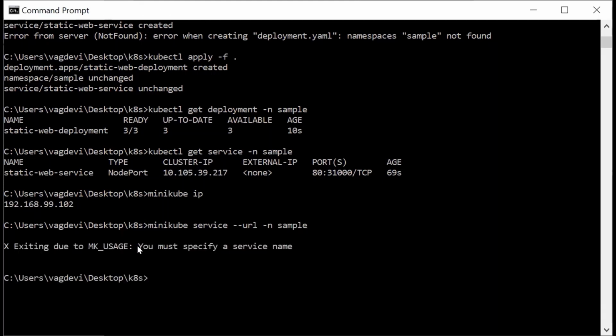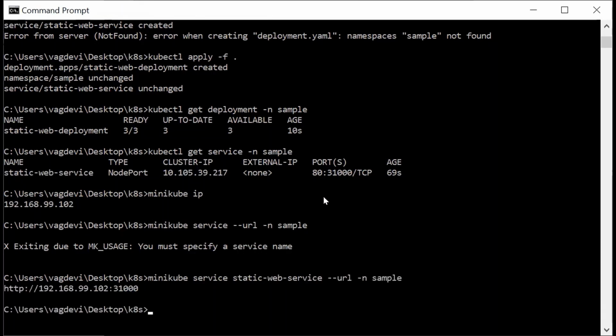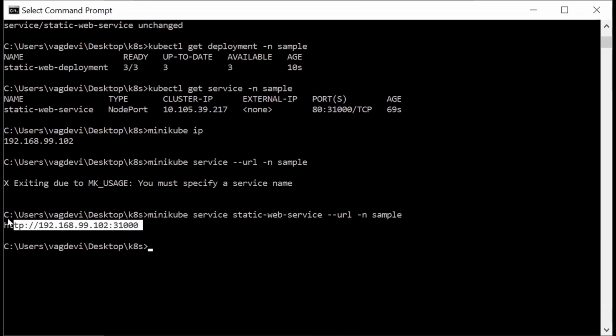Sorry, we should also specify the service name, right? The service name is this one. Okay, so this is the expected thing, where this part is the Minikube IP and this is the node port.